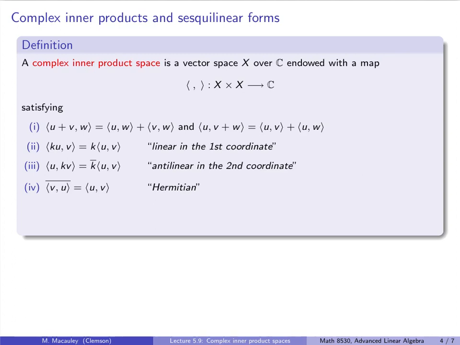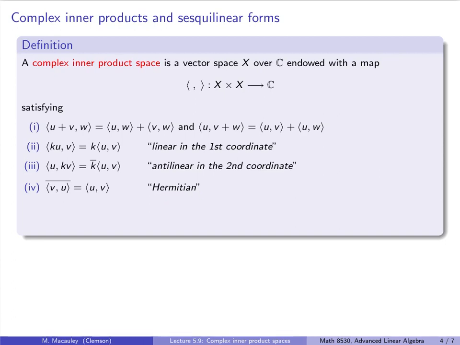Fourth, we no longer have symmetry, but we have something close to it. When we swap the order of the entries, we have to take the complex conjugate. In other words, the complex conjugate of the inner product of V and U is the inner product of U and V. This is said to be